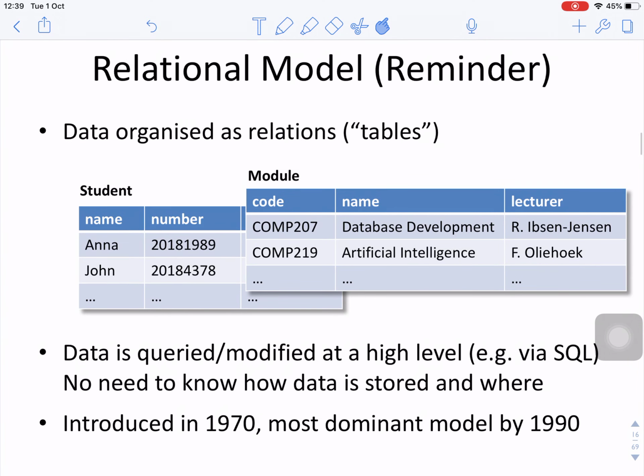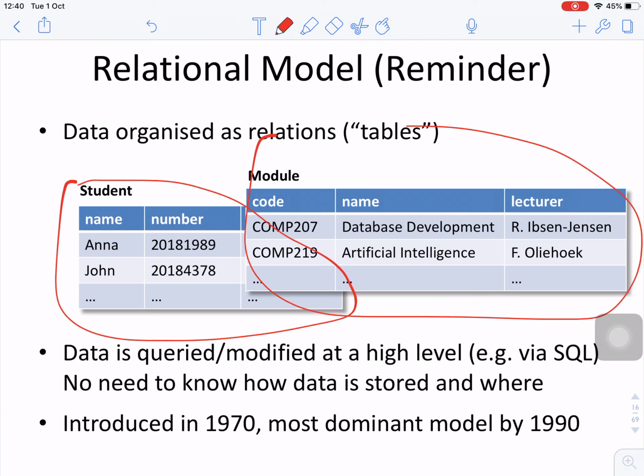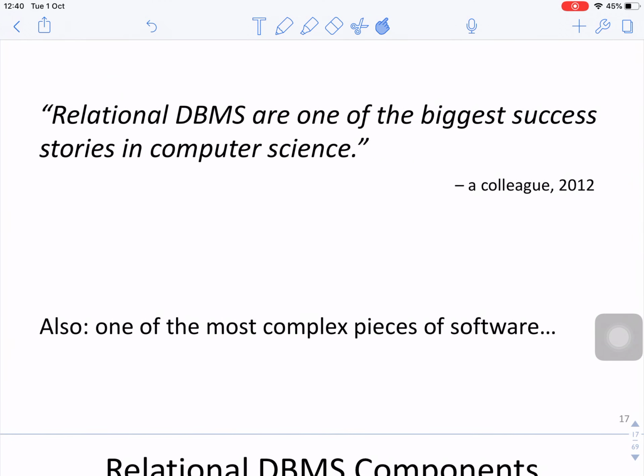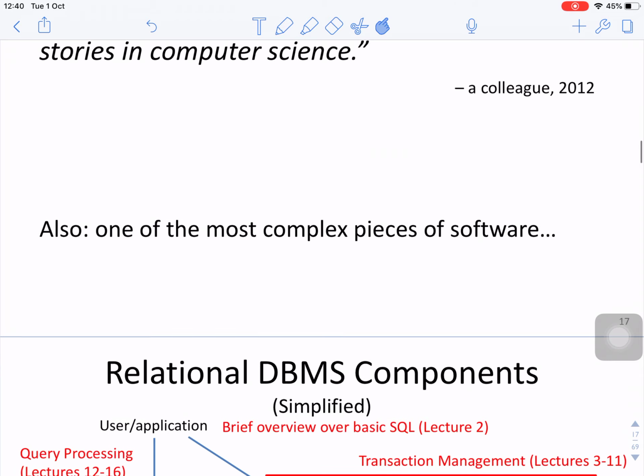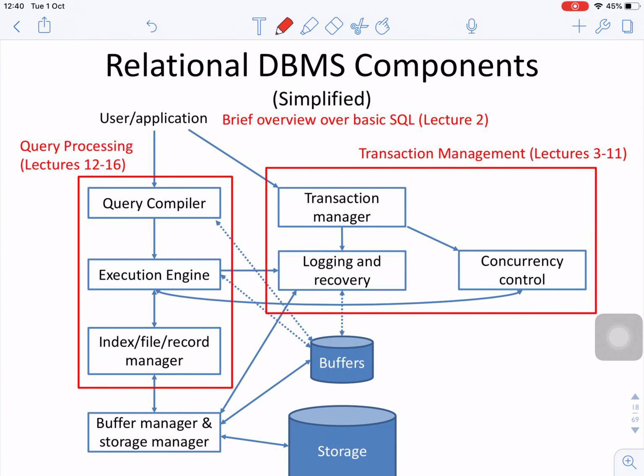Then we come to the relational model, which is a reminder that the data is organized in relations or tables. For example, this is one relation and this is another relation. Data is queried and modified at a high level. No need to know how the data is stored and where. It was first introduced in the 1970s and dominated by the 1990s. So the relational data model is one of the biggest successes in computer science,